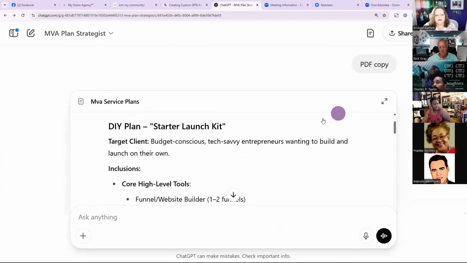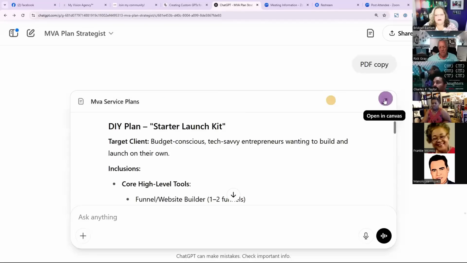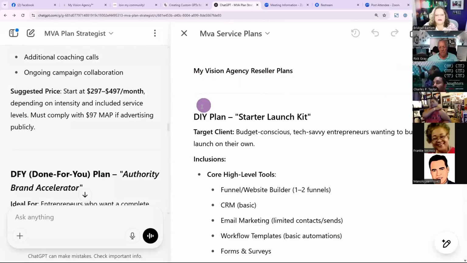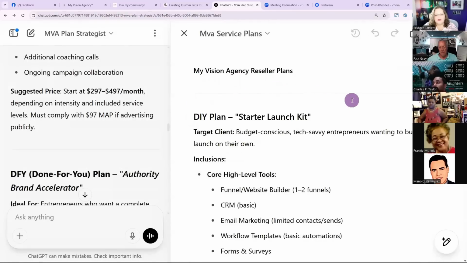Click share. Yeah, the share button. Oh no, that just gives you the link. Let's try this. It said PDF copy too. Normally I'll either click the share button or the copy. When I've done it before, it's put a little link there and I click on the link for the